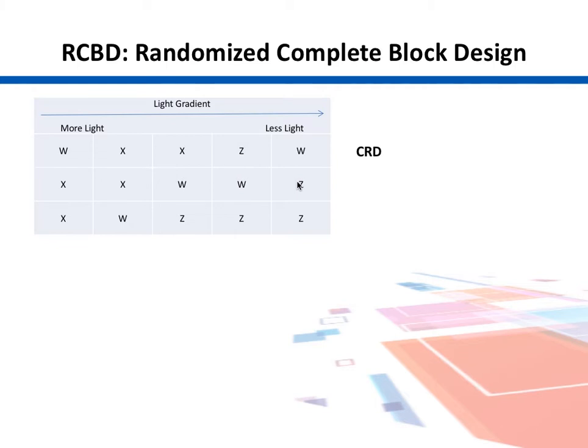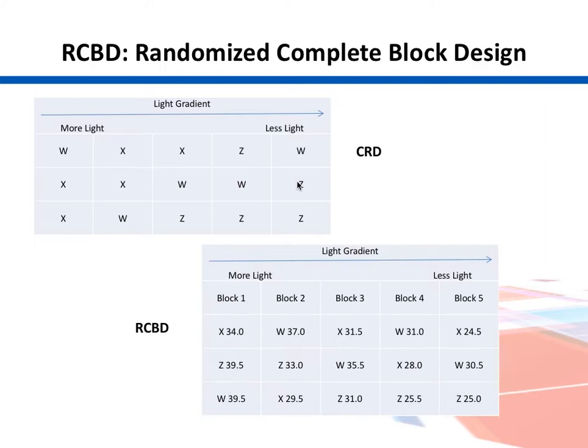So there is a better approach to this, and that's called blocking. So we introduce blocking here, and we run it with what we call the randomized complete block design, RCBD. In RCBD, we take those experimental units and place them in various blocks, so that, for example, if we have this gradient, these experimental units should be getting the same level of the gradients.